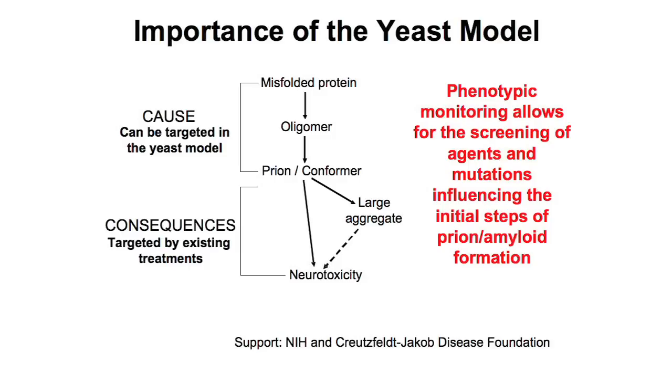The advantage of this assay is that, in contrast to existing treatments, it can target the cause of the disease, the initial nucleation of oligomers. Because of that, we can use it to screen for agents and mutations specifically targeting prion and amyloid nucleation. And so the final slide I want to show